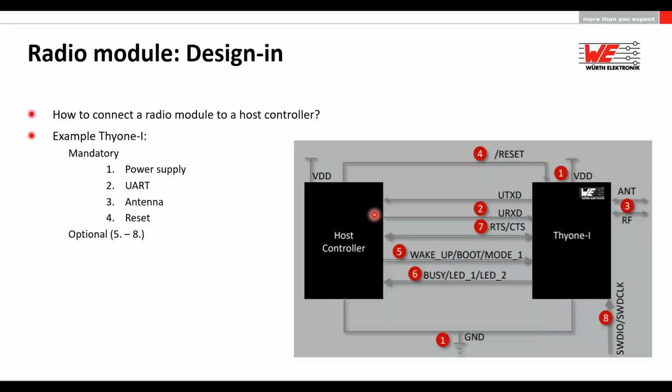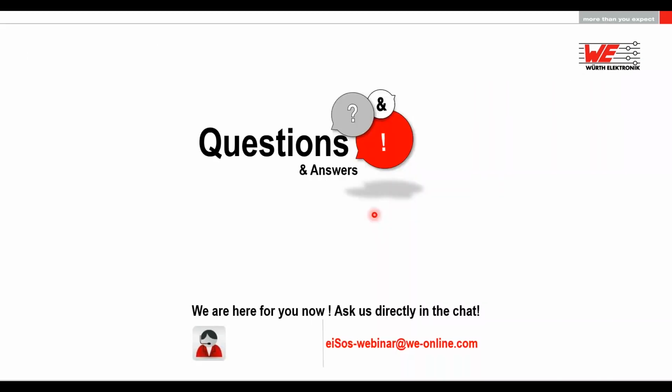Okay, so we are looking for the next question. Aditya, I see the next question. At Bluetooth Low Energy, it says mesh is not supported, but there is a Bluetooth mesh. What's the difference, and also what is the difference to the proprietary mesh?